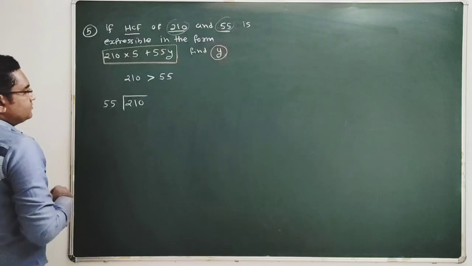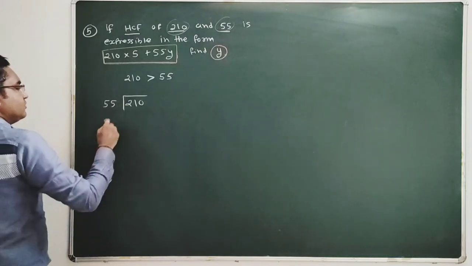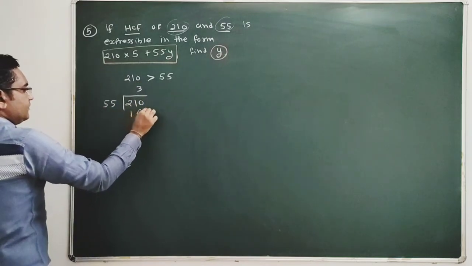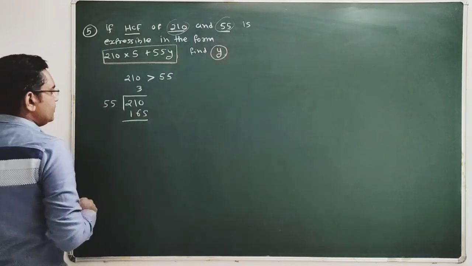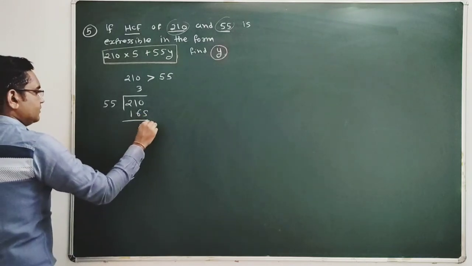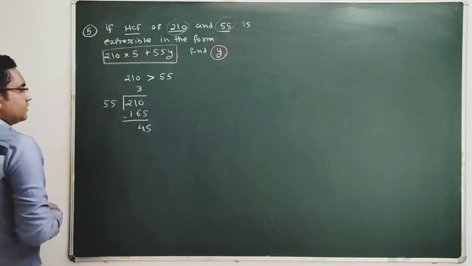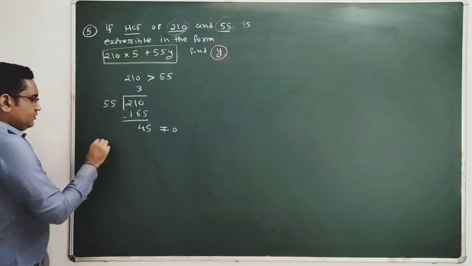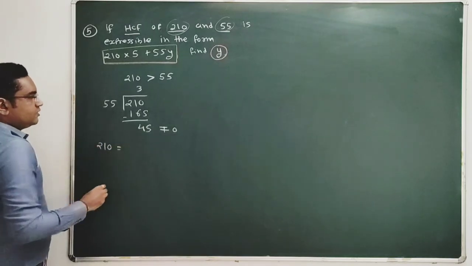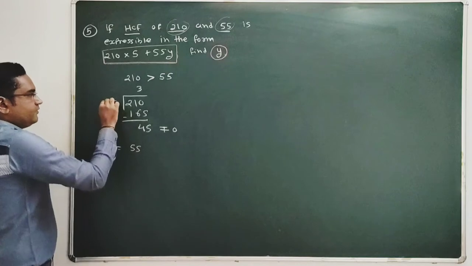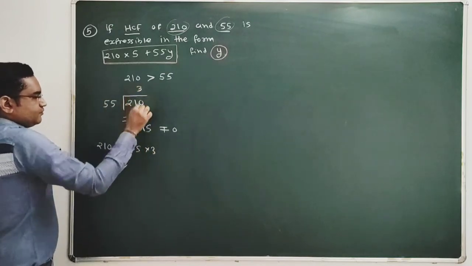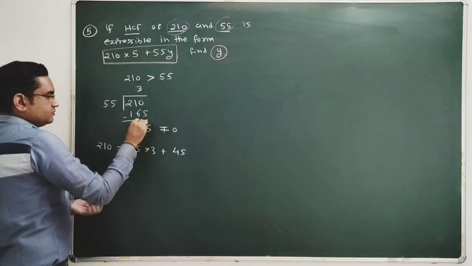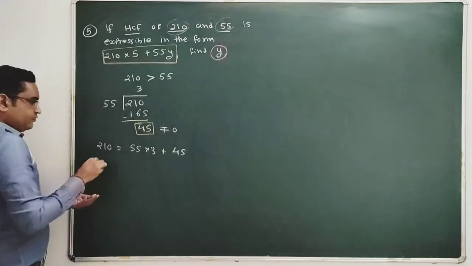Which number will divide? 55 fours will be greater than 210. So 55 threes are 165. Done? Yes. So it's 45. The remainder is 45 after subtraction. So here the remainder is not equal to 0. Again we can write 210 is nothing but 55 multiplied by 3 plus remainder 45. As the remainder is not equal to 0, we have to